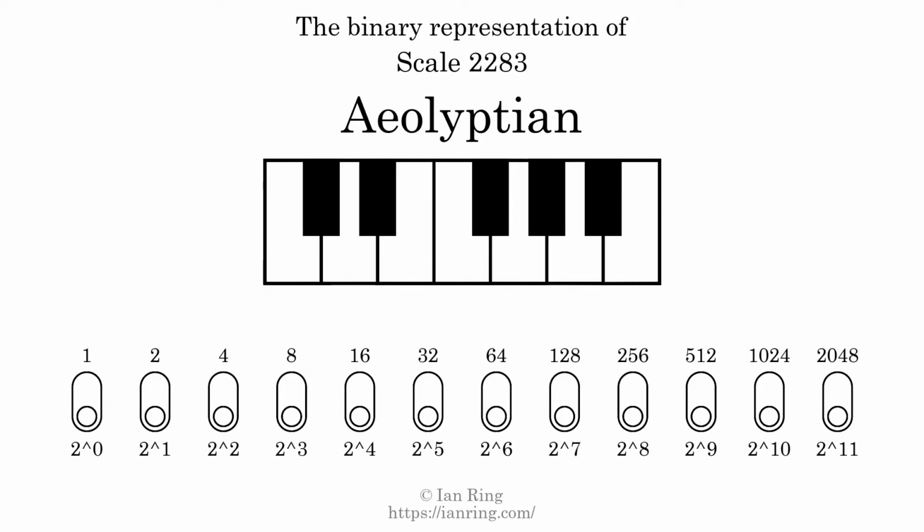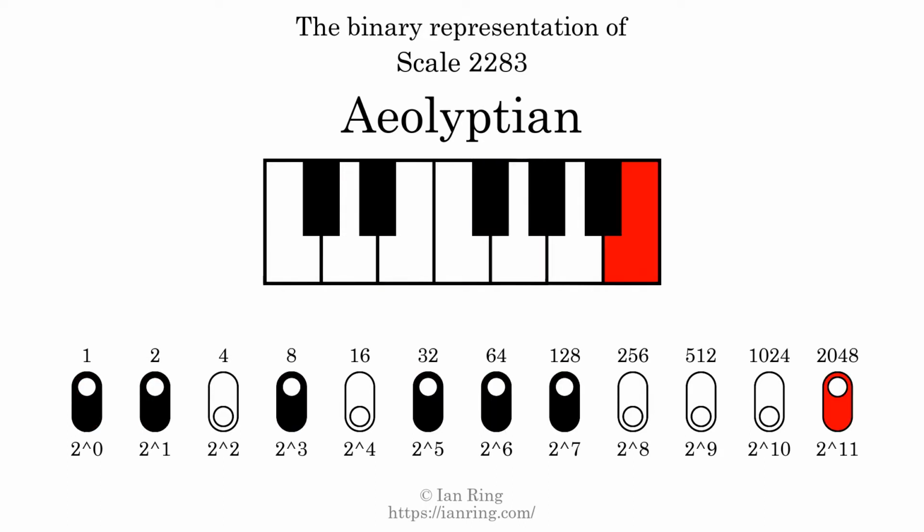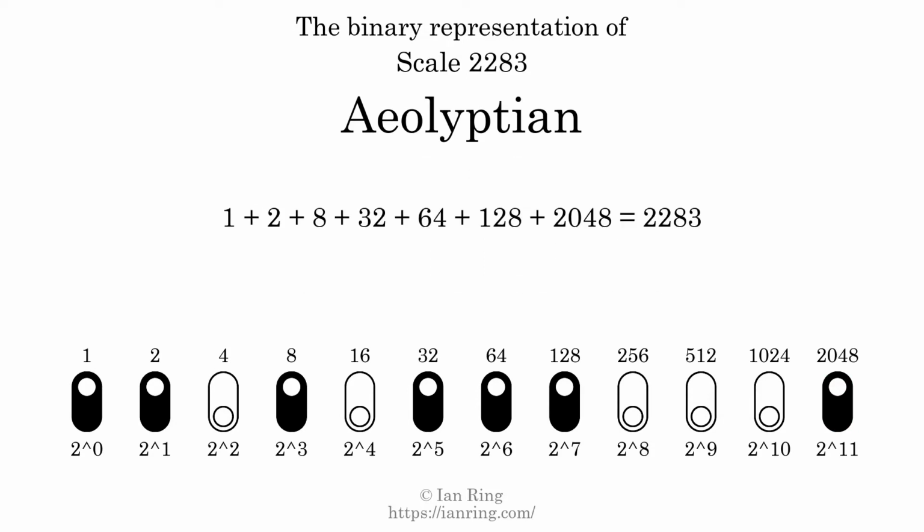The binary representation of this scale is determined by mapping tones of the scale to binary digits. Each binary digit represents a power of 2. To get the scale number, we add the powers of 2 together. The powers of 2 that are present in the scale, all added together, equals 2283. That is why the scale number, in decimal, is